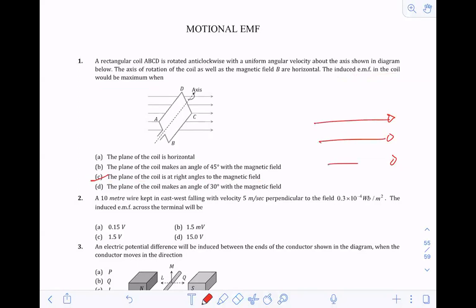Because when I have a plane like this, when the area is perpendicular to the magnetic field, the area vector will be along it. So magnetic field vector as well as area vector, they both are in the same direction. So angle will be 0 degree. But if I keep it horizontal like this, the area vector is perpendicular to the magnetic field, so angle becomes 90 degree. So for phi it will become 0 in this case. Phi will be maximum in the other case. So option C is correct. All those who have answered C is correct.